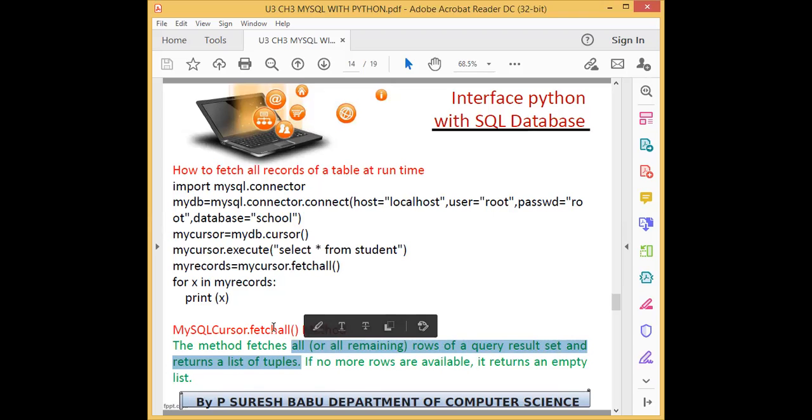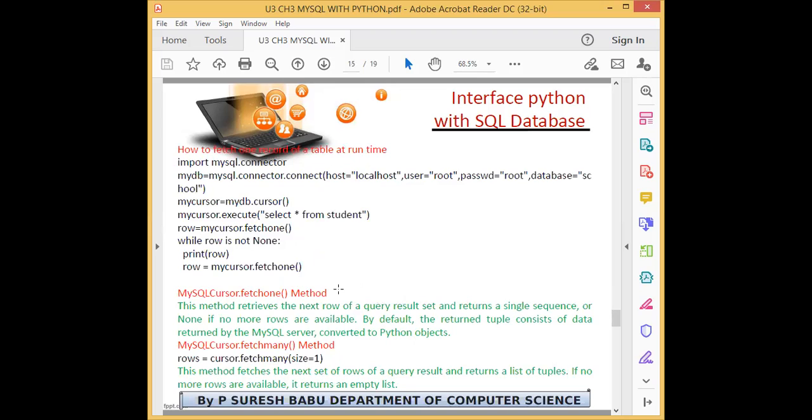So that is the usage of fetchall. Fetchone means only one record. Fetchmany means you can give a size in the fetchmany. By default it will be one. You can give any size. If you give 3 here, it will give you 3 records from the result set. Okay, that is the usage of fetchone, fetchall, and fetchmany.